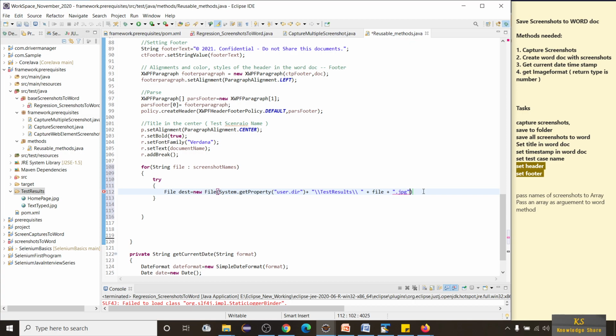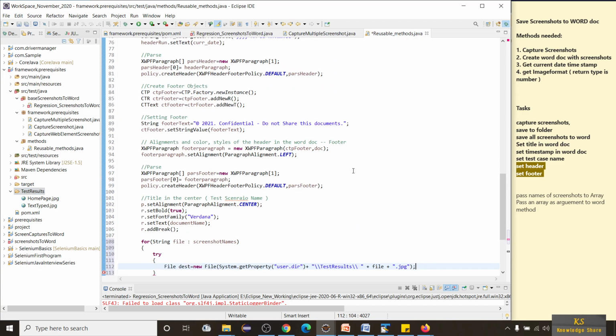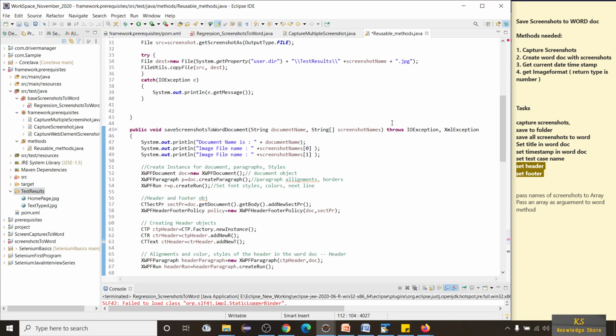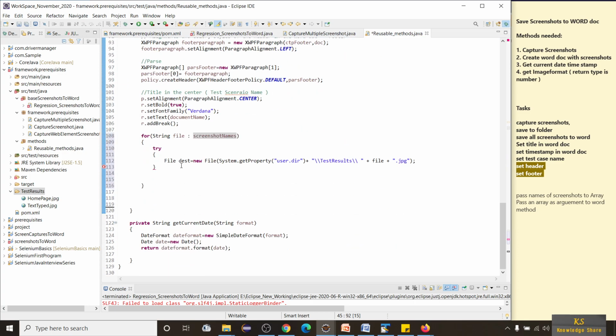Since we stored all our screenshots into this test results, we are using the same method here. We are passing this array and getting file names one by one and taking that into a destination variable, dest variable. We are not doing anything complex here. We are getting each file into this destination folder to copy into the Word document.